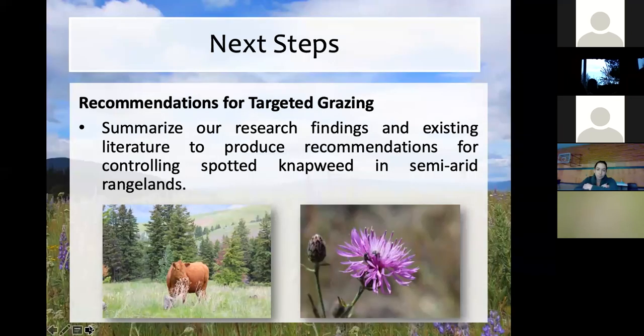So I'm currently writing an integrated management chapter for my master's thesis. I'm just in the thick of it right now. I'm summarizing our research findings and the existing literature to provide recommendations for targeting spotted knapweed in invaded, particularly semi-arid rangelands. So this will hopefully provide ranchers with an alternative management tool to help control their knapweed, while also avoiding the overuse of herbicides and the large amount of labor it takes to apply something like manual or